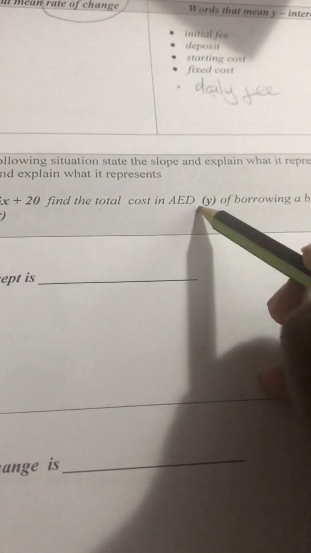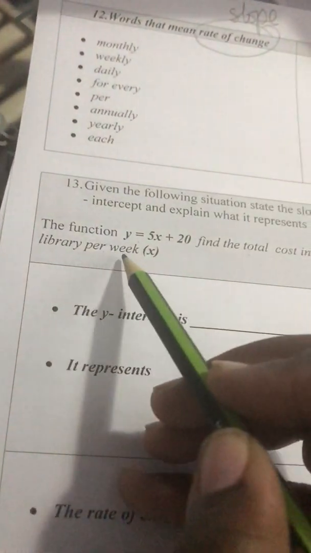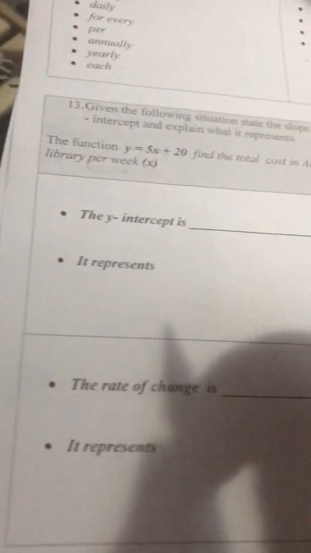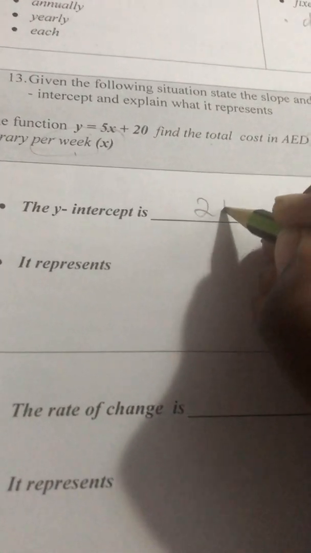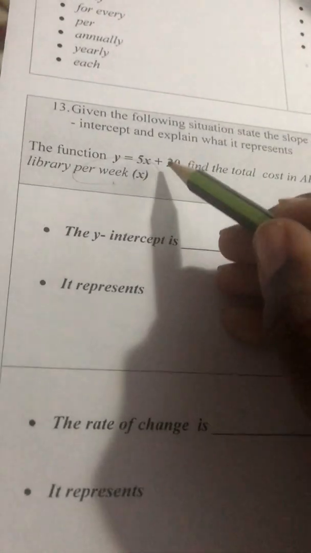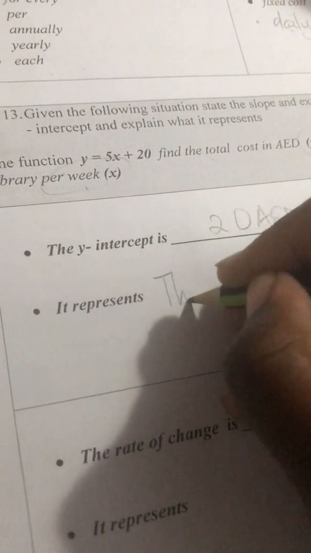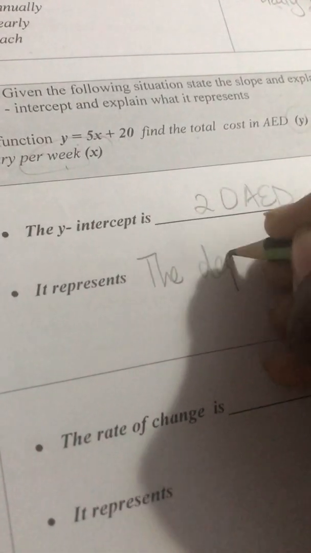Find the total cost in AED, y, of borrowing a book at a local library per week, x. My y-intercept is 20 AED because we are paying. What does it represent? The deposit